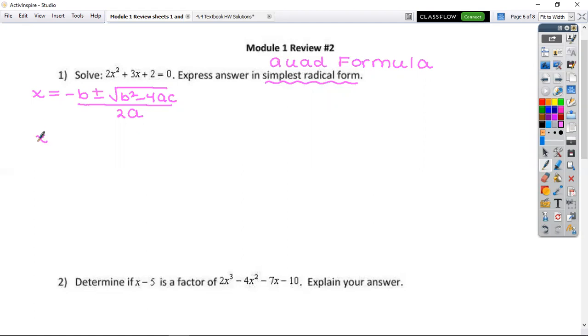I'm going to go x equal to negative 3 plus and minus square root of parentheses 3 squared minus 4 times 2 times 2, and then all over 2 times a, which in this case is just